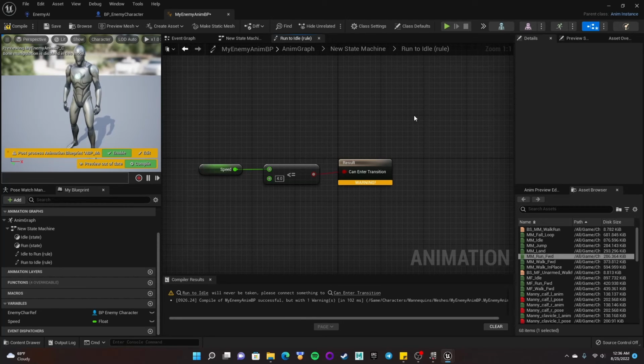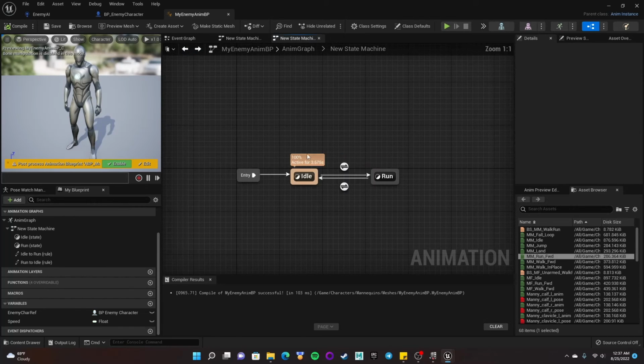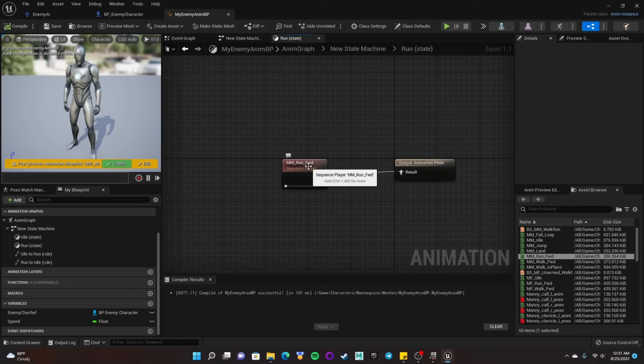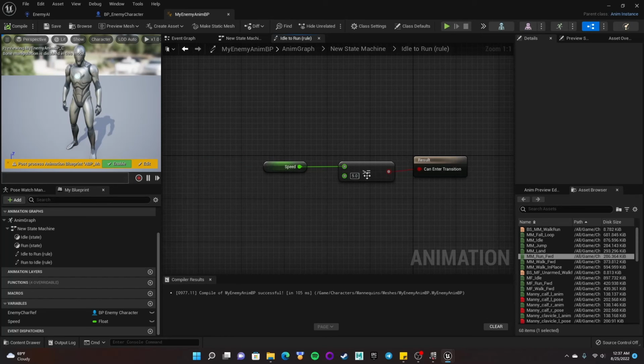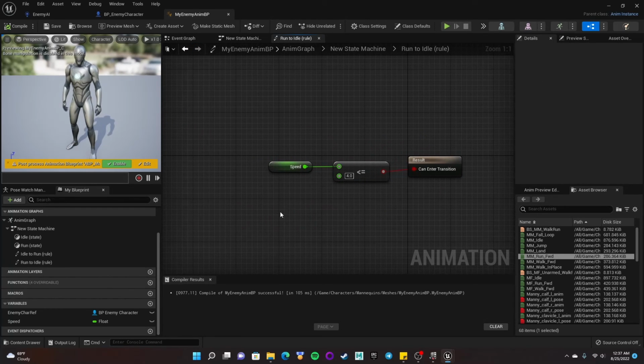And then hook those up like that. If I compile that, now I have a green check because all of my states have been satisfied and they have an animation, and all of the transitions have something telling it how to transition. So that should be good. So compile and save. If you still have warnings, just go ahead and double check that your idle actually has the idle animation and make sure your run actually has the run animation. Then make sure your transitions have the speed set to check if it's greater than a small number, and the other transition is less than a small number, okay? Just make sure all that's hooked up, and when you compile, it should give you a green check,